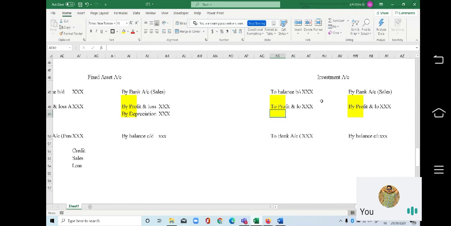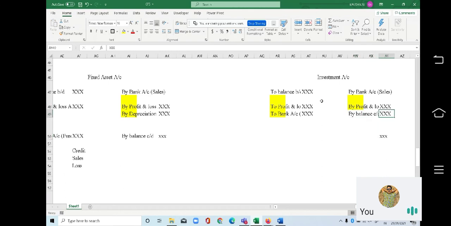So after recording all this, you will get the balance. That balance will be on the debit side. That denotes that you have done some additional purchase of investment. Able to understand? If the balance comes on the debit side, it denotes the purchases, to bank account. Okay, I'm just cancelling this out. We have already mentioned that, but I'm mentioning it here. So this is your investment account. Able to understand?